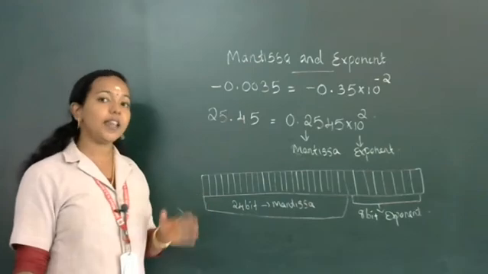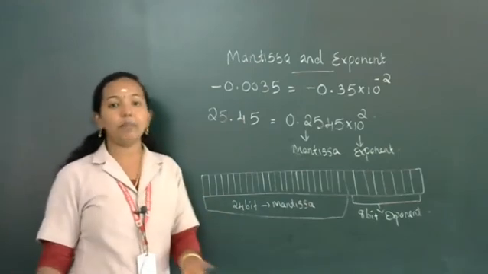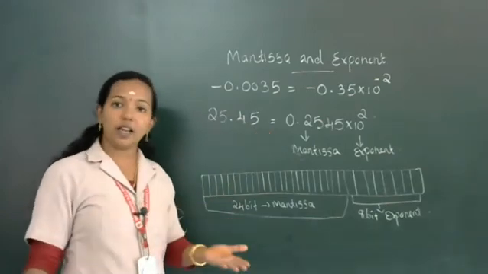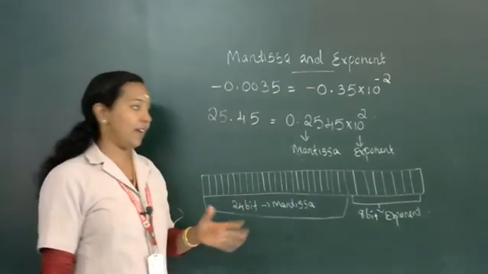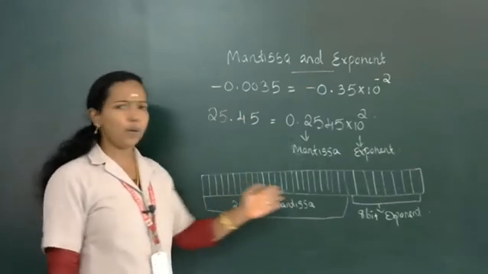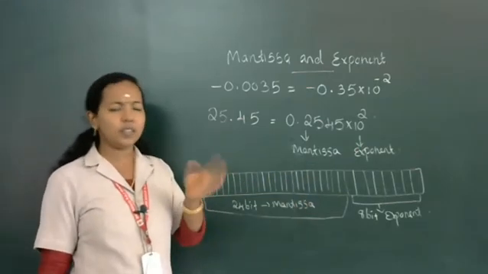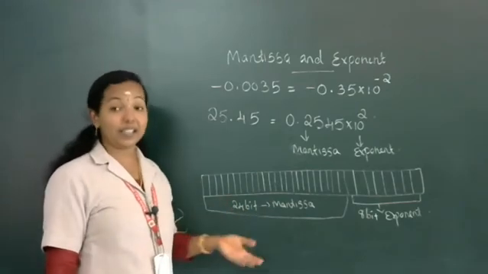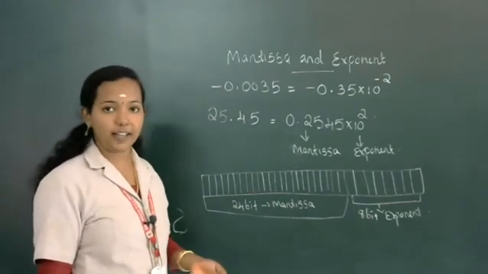When you are getting a question, represent this number in sign, exponent and mantissa format. First convert that number into exponent and mantissa, and then you want to draw the diagram like this. You don't want to write 24 small columns. We can write 24-bit for mantissa and 8-bit for exponent like that.